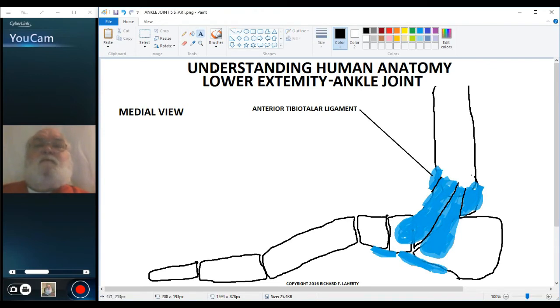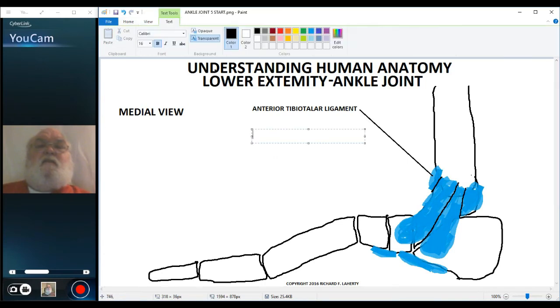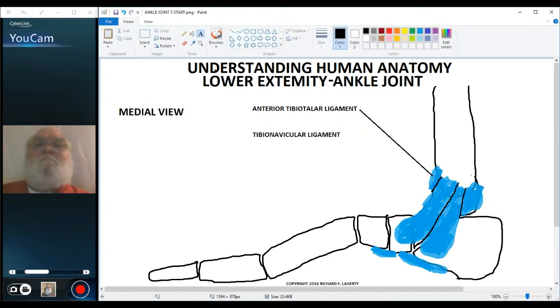The tibio-navicular ligament. Here, the tibio-calcaneal ligament,